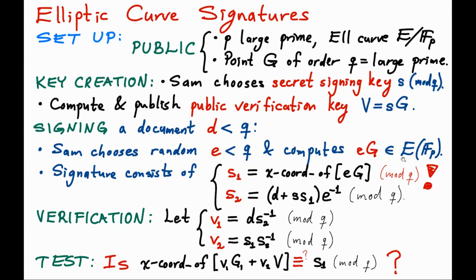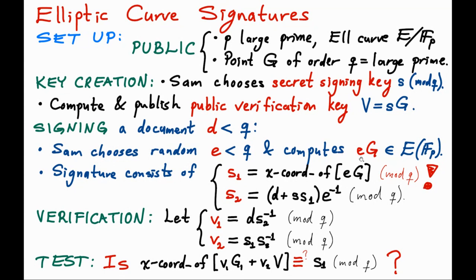The first part of the signature is the X coordinate of this point e times G. You don't actually need the Y coordinate. So again, because this is a standard, you want to make it as efficient as possible, and it is easier to transmit numbers than it is to transmit points on an elliptic curve, and you actually don't care or need the Y coordinate. So you only do the X coordinate of e times G, but there's a twist. There is something, you see this exclamation mark here? Let me explain this. There's something funny going on here.